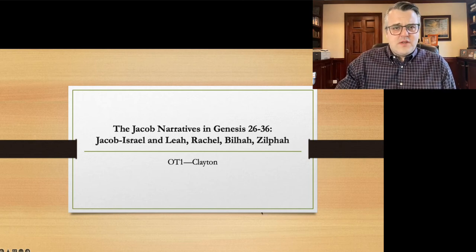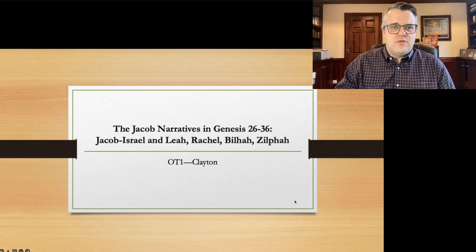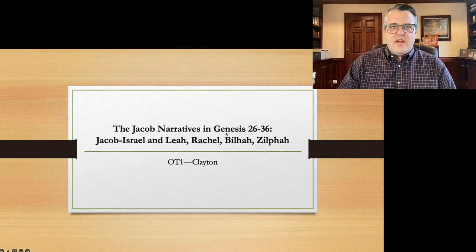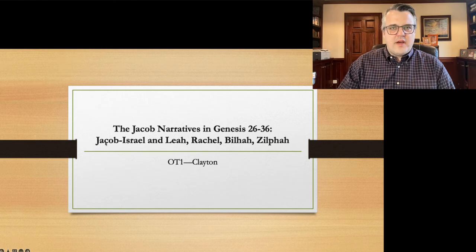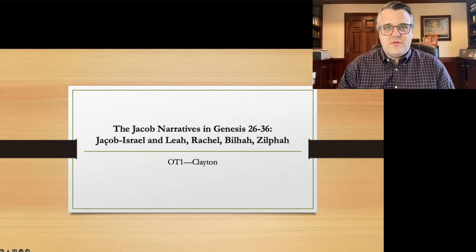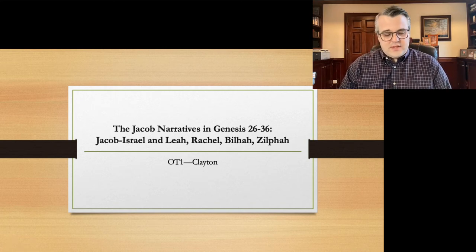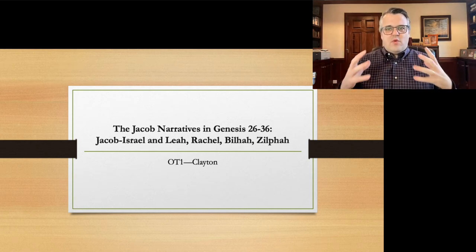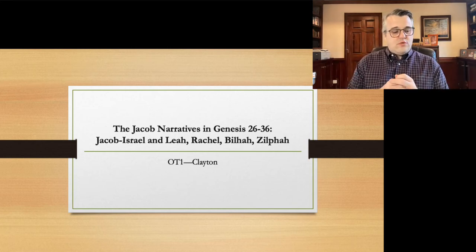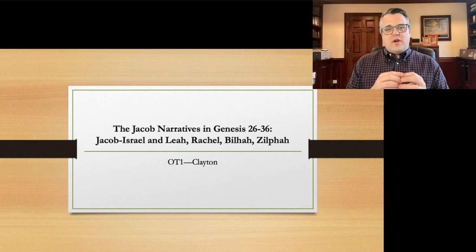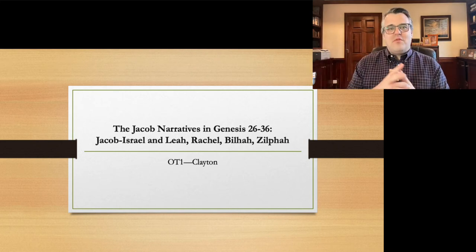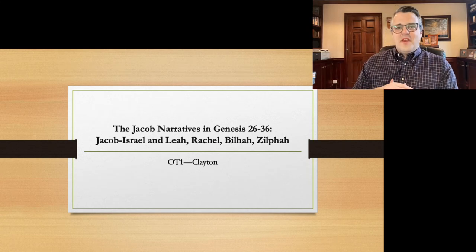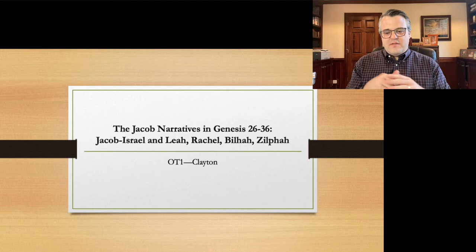So here we are essentially focused on the big issues of these 10 chapters, 26 through 36 of the book of Genesis. And here we meet the next main character, Jacob, remember, in the line of Abraham. If we go all the way back to the early chapters of Genesis, we remember that a main genealogical issue in the book is the way God has sovereignly and graciously chosen to work through a particular family line. From Adam to Seth, remember, down through Noah, through Shem, through Terah, who's the father of Abram, who becomes Abraham, then through Isaac, and now, of course, through Jacob, who in this narrative as well has